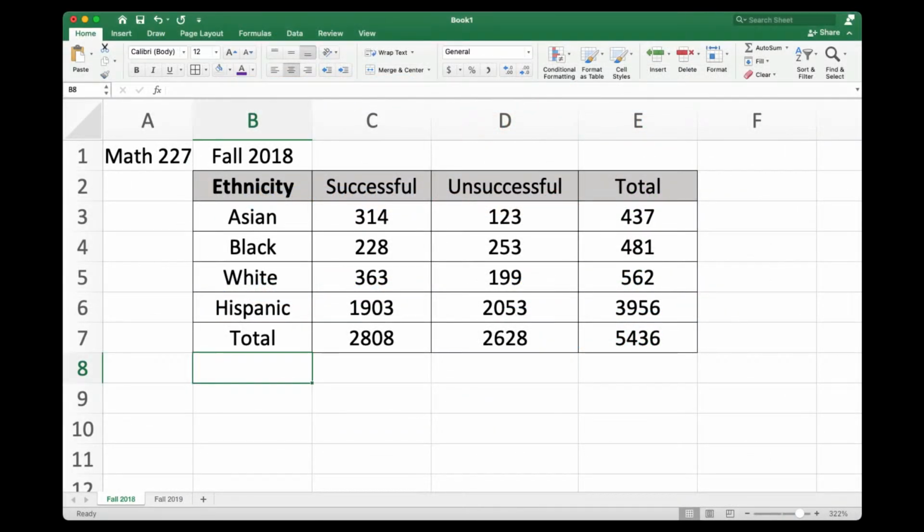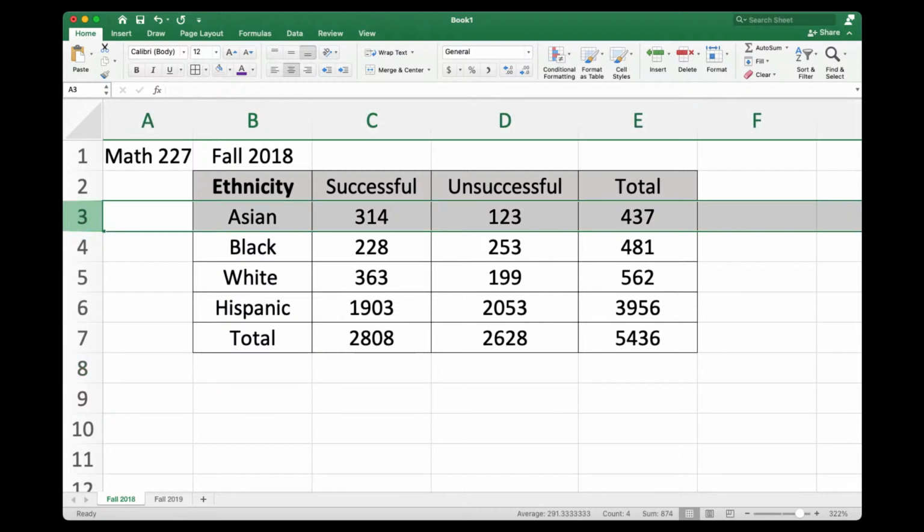Of all the Asians, here's the Asian group of students, right? How many Asians took Math 227? This is a Math 227 statistics course. How many Asians took Math 227 in fall 2018, pre-AB 705? 437. Of the 437 Asians,